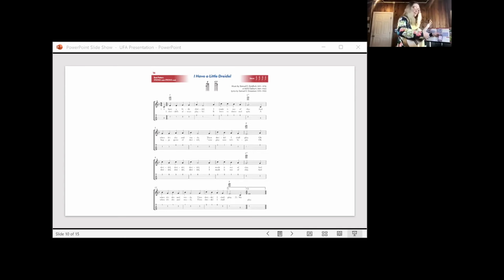1, 2, 3, 1, 2, 3. I have a little dreidel, I made it out of clay, and when